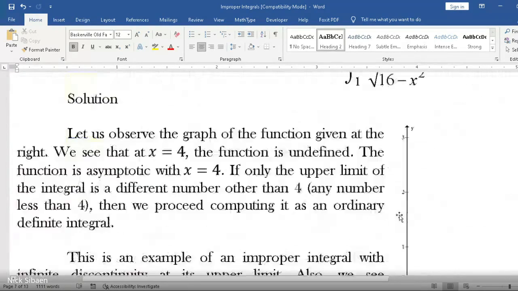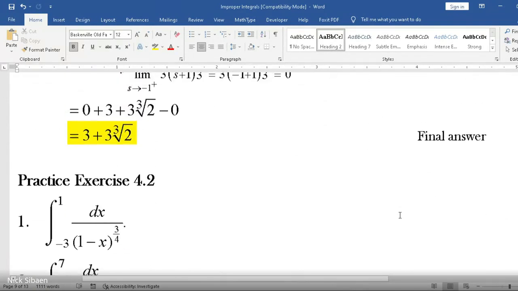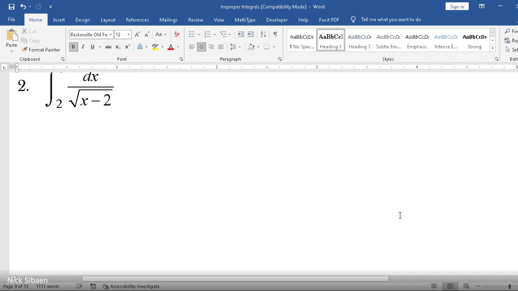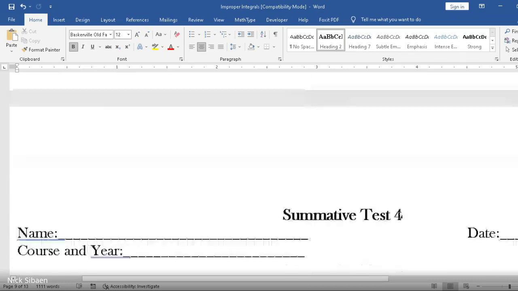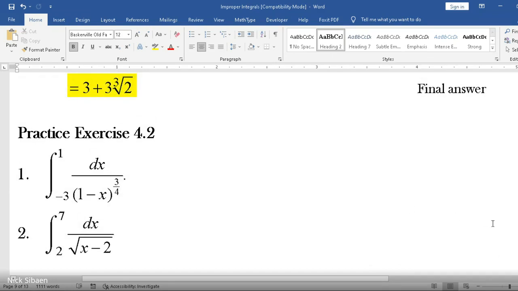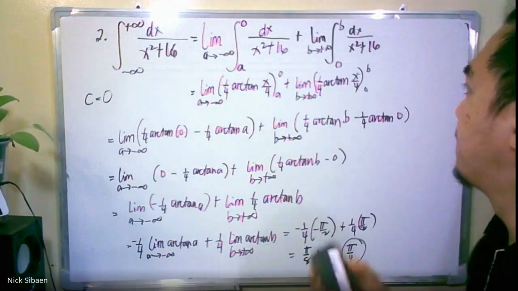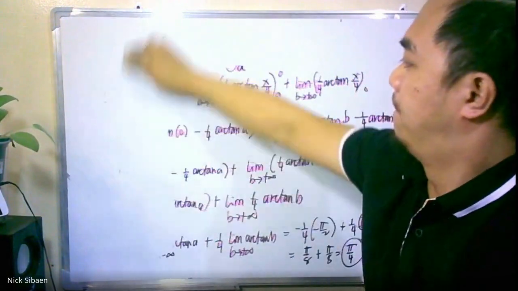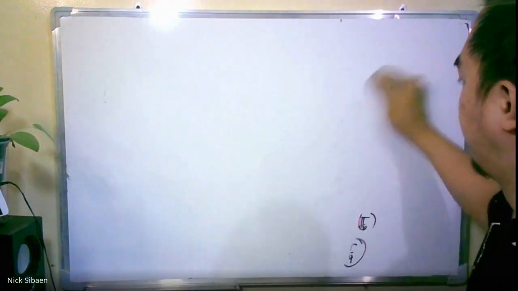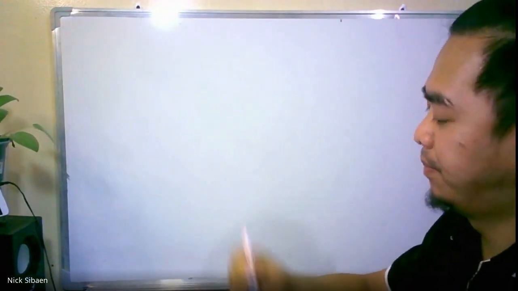Let's answer the practice exercises. Where are those? Ayan. Dalawa lang pala. Ayan, and the summative test na siya. Okay, so number 1, we have